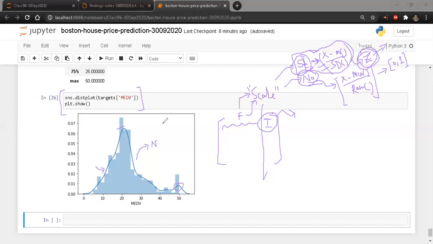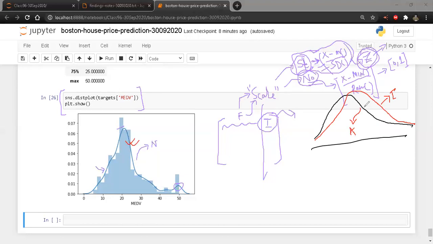So the gist of this quick description was that, let's say you have a distribution which is not really normal. It's kind of normal. So it would have been normal had it been something like this. Let's say the red line is actually the best normal distribution, the ideal one. But the black one, is that really the ideal one? This is the actual one. The black one is actually the one which you see for this MEDV column, right? But what we expect is something like this.